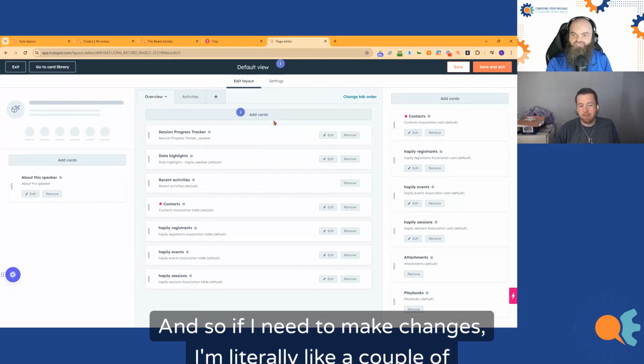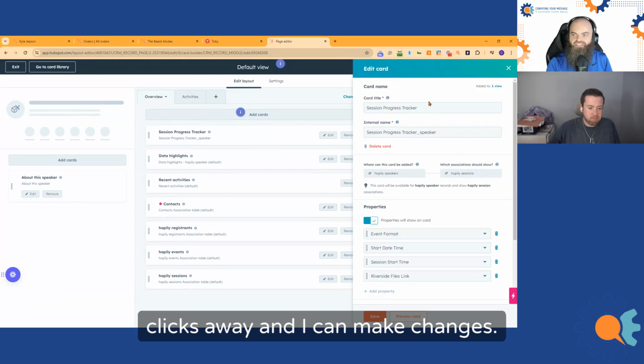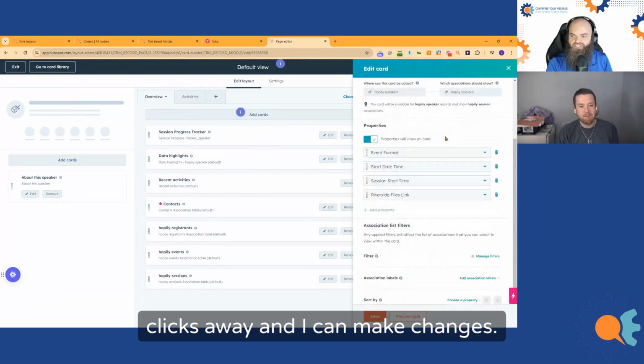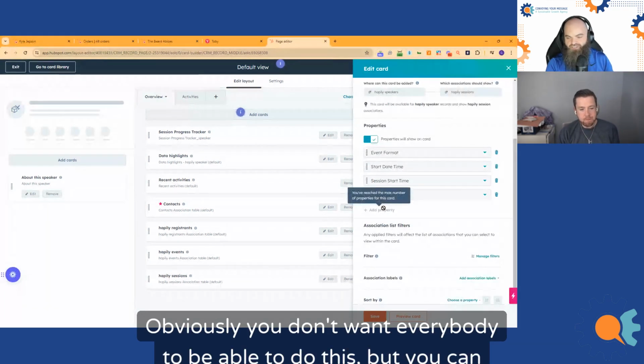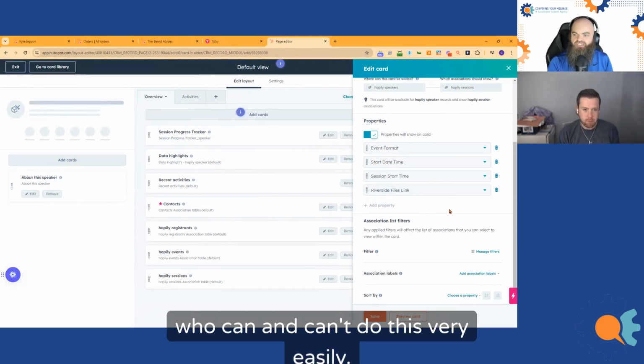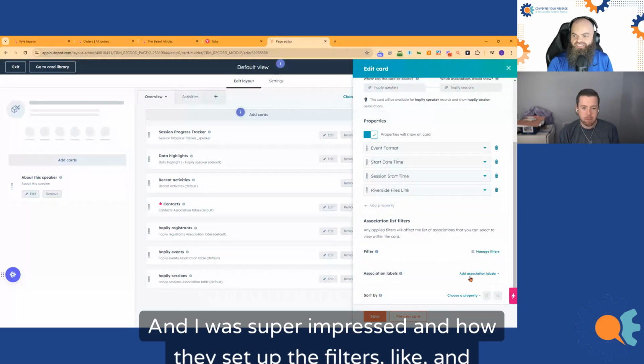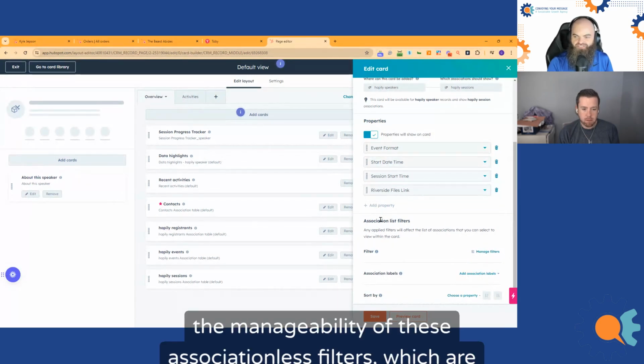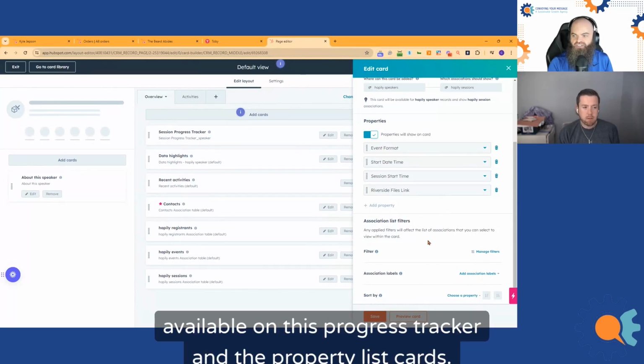And so if I need to make changes, I'm literally a couple clicks away and I can make changes. Obviously, you don't want everybody to be able to do this, but you can manage who can and can't do this very easily. And I was super impressed with how they set up the filters and the manageability of these association list filters, which are available on this progress tracker and the property list cards.